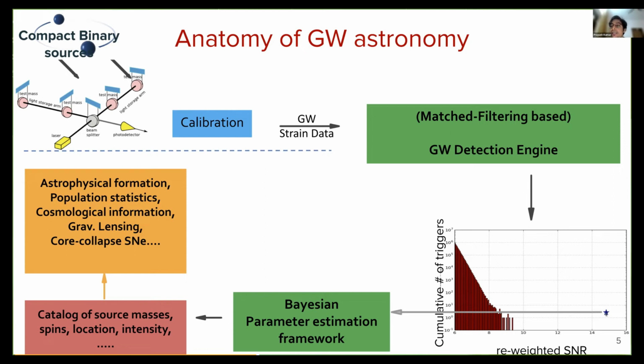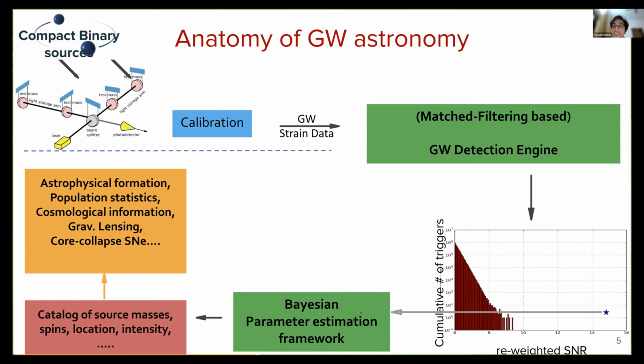And that is how we are able to say that, hey, there is a signal present in our data, and we can state a certain statistical confidence to which we know that this is a real event and not a noise artifact. Now, once we have seen the signal, this becomes the input to our second stage in this entire